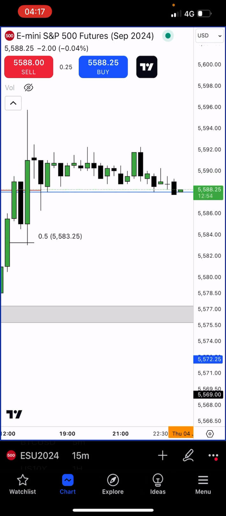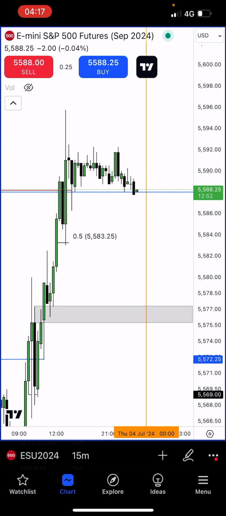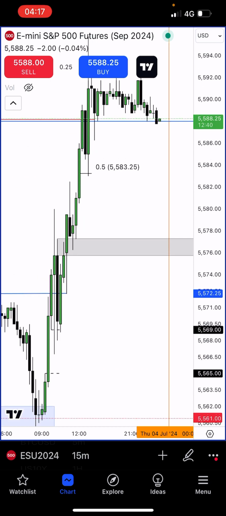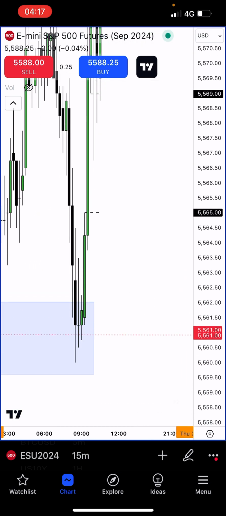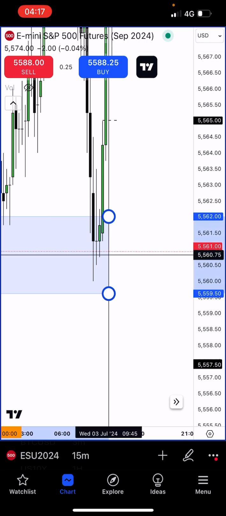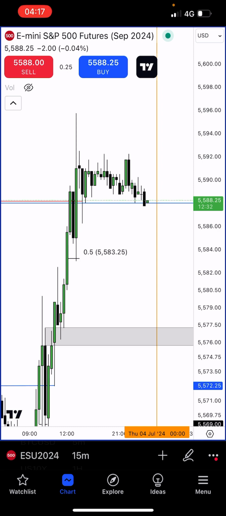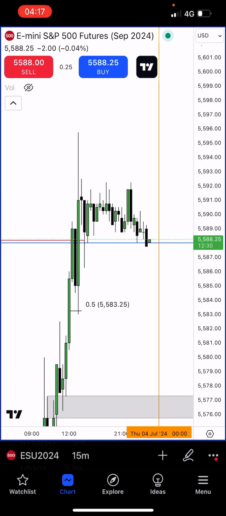With that being said, I will update this. I'll update the charts a bit more later on throughout the week, but it will be very quiet on the Thursday. So I will not be doing any analysis for any of the other pairs. It's strictly ES, and maybe I might touch on dollar index on the Thursday. Who knows?